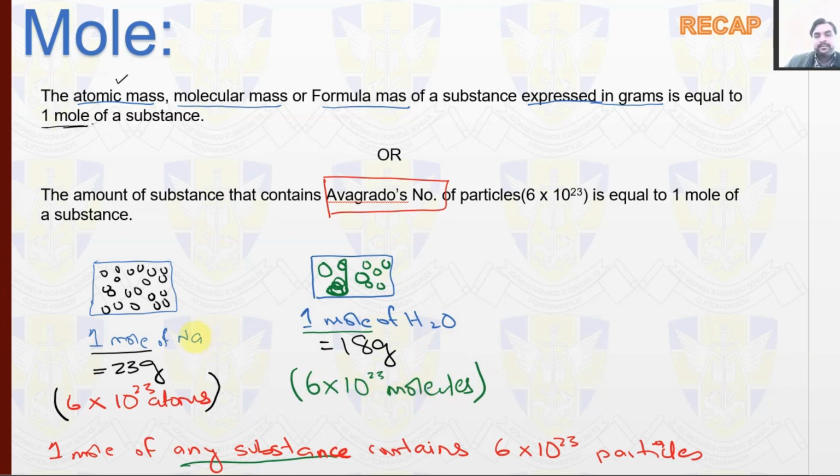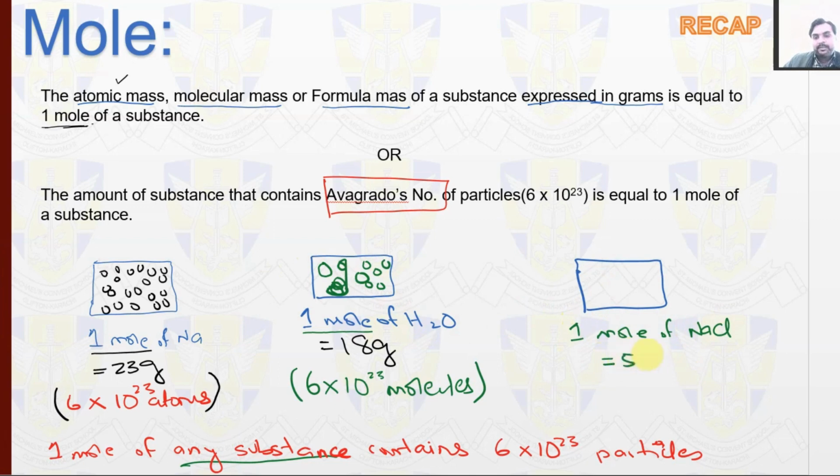Since sodium was in the form of atoms, I was writing atoms over there, right? And similarly the last one, the particles are either in the form of atoms or molecules, or they are in the form of ions as well, right? So for example, if I take 1 mole of sodium chloride NaCl, so if I ask you how much mass it would be,